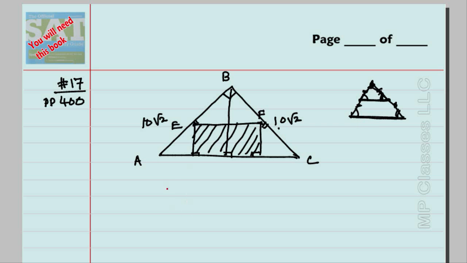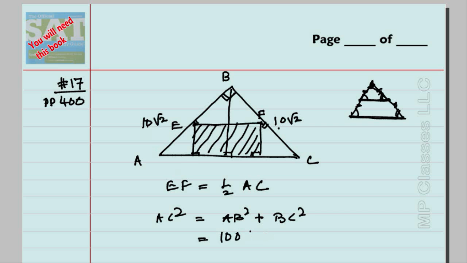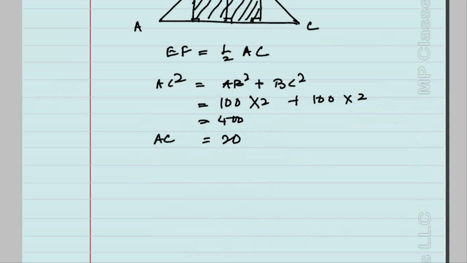So one can say that EF is 1/2 of AC. But how do we find AC? This is a right angle triangle, so AC square is equal to AB square plus BC square, and so if you square that, that will be 100 times 2 plus 100 times 2, which is 400, and so AC is 20. If AC is 20 and this is perpendicular, and if I call this as D, then AD is 10,